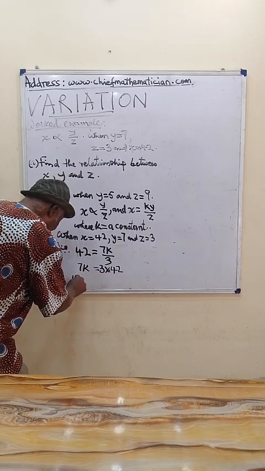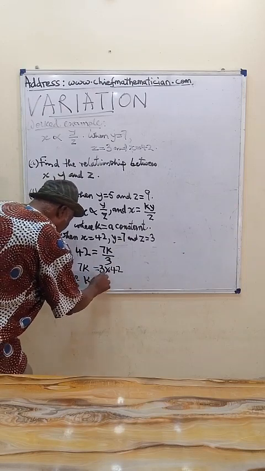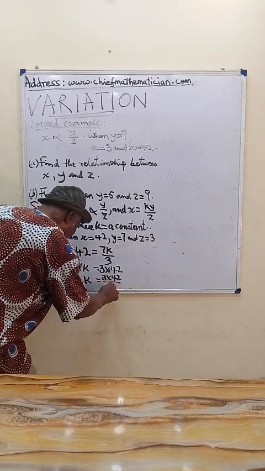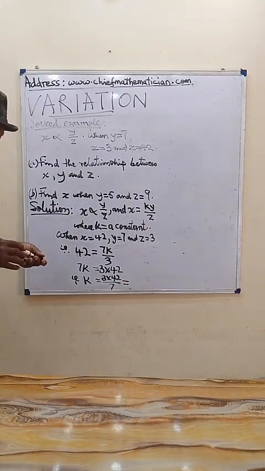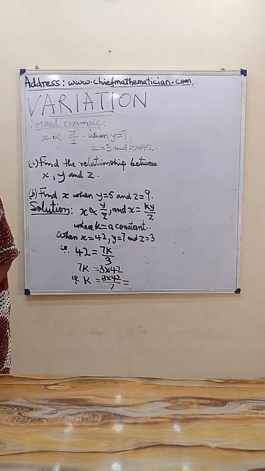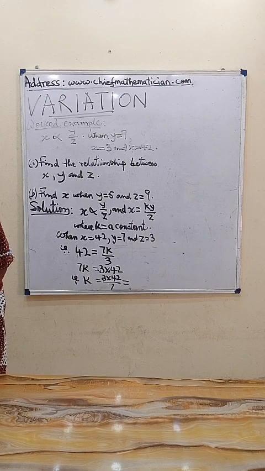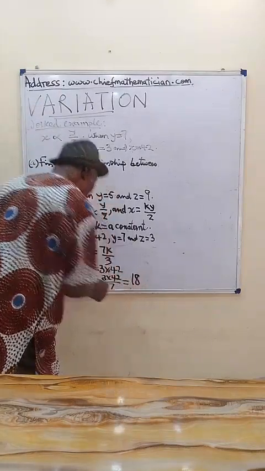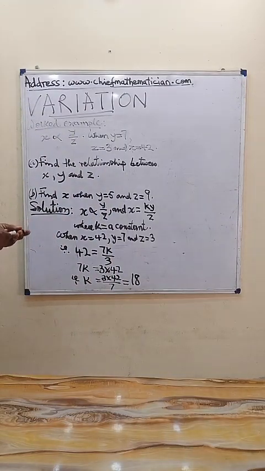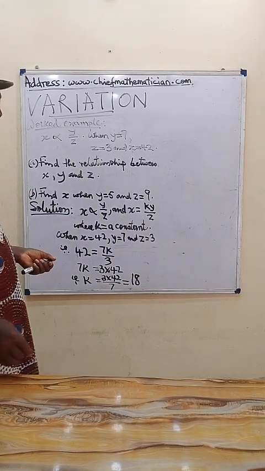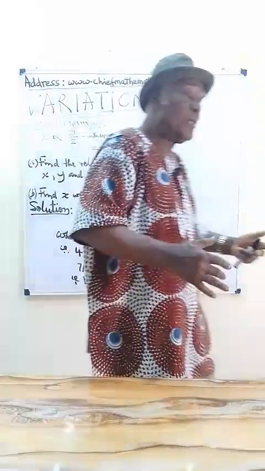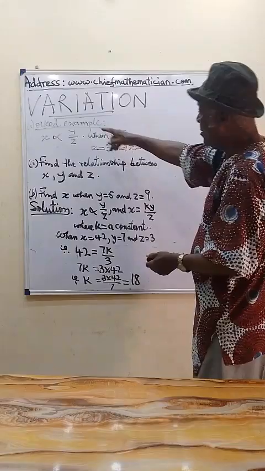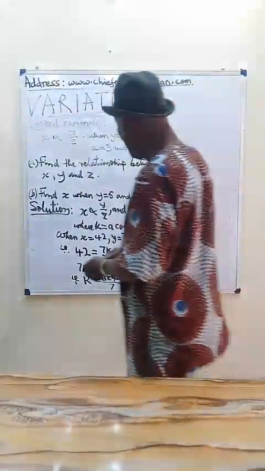That is, k is equal to 3 times 42 over 7, which very clearly gives you the value of k as 18. Which gives you clearly the value of k as 18. So, the formula that connects x, y, and z, which is what we are asked to find in the A part,